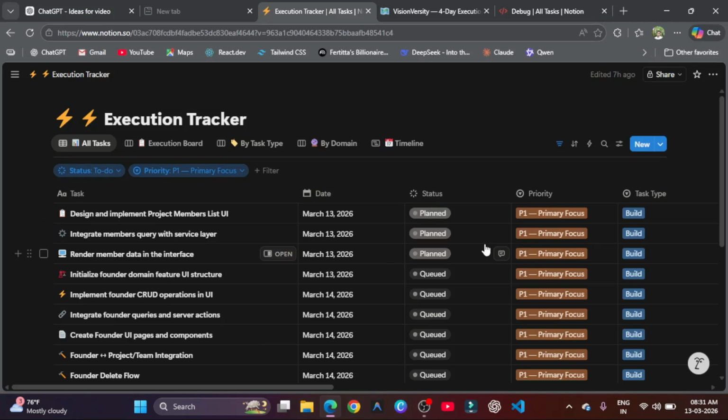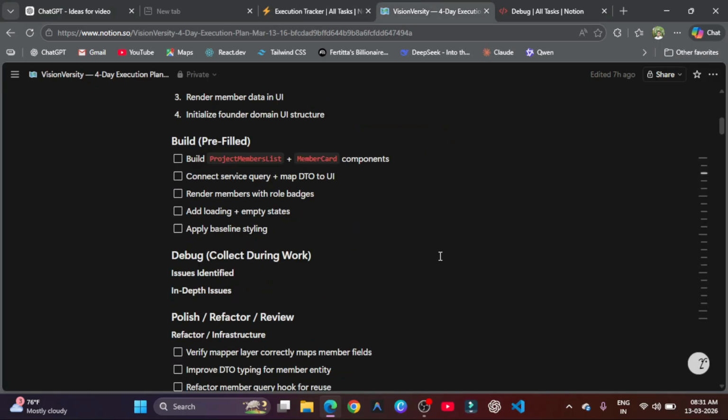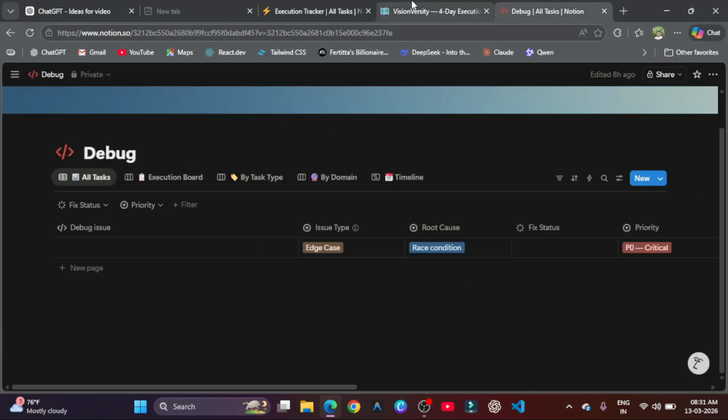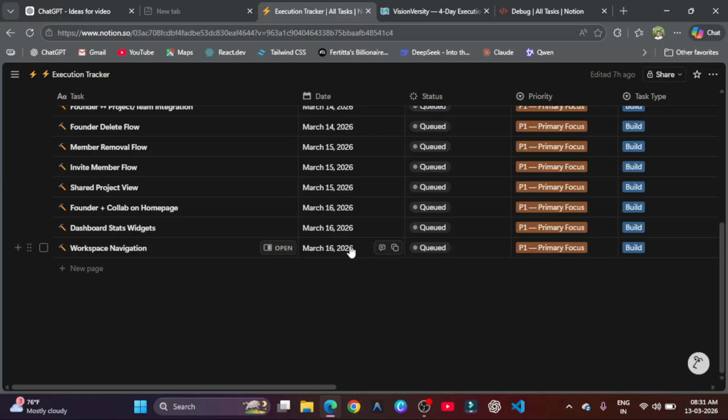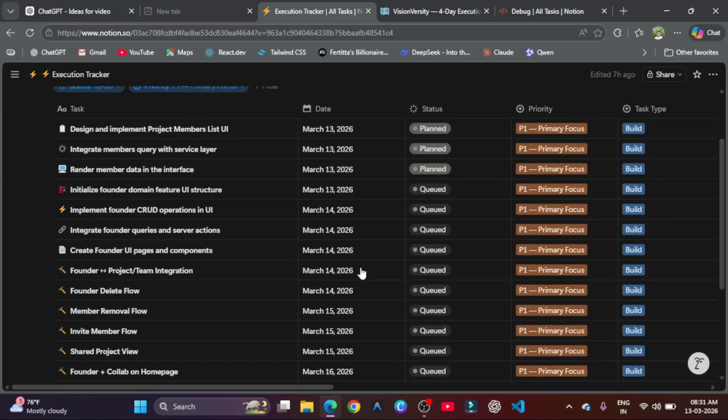Most developers don't struggle with coding, they struggle with execution. When you are building a startup or product, your tasks quickly become chaos. So today, I will show you the exact Notion workflow I use to plan features, track bugs, and ship faster. Clean, clear, no nonsense. This is how a senior developer executes every single day, and you can turn your idea